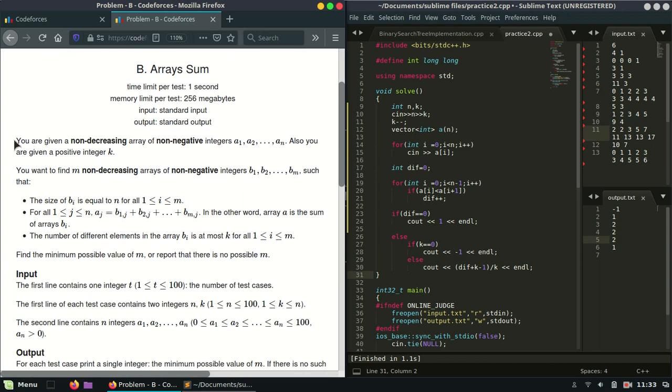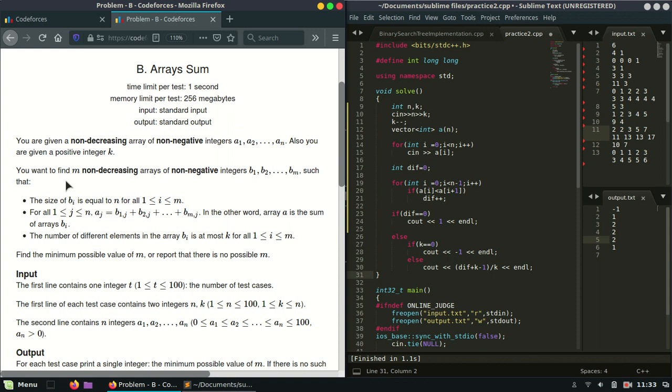The problem statement is telling you are given a non-descending array. Non-descending array means ascending order array, of non-negative integers, of size n. Also you are given a positive integer k.